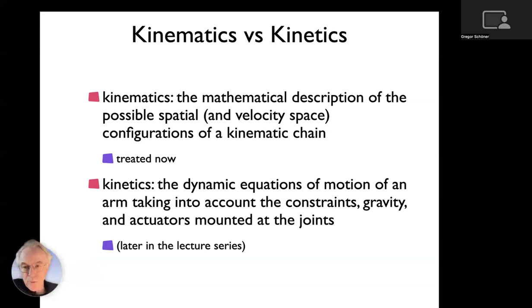So we will want to address that now. We'll not just talk about kinematics, just the mathematical description of the different configurations, which serves motion planning. And we will talk about motion planning in another separate lecture, which has the title Timing and Coordination, because it's ultimately about generating time courses of kinematic configurations, and then that time course would be a motion plan, and then the control would be actually bringing about the motion plan by the actuators, and that takes into account the dynamics